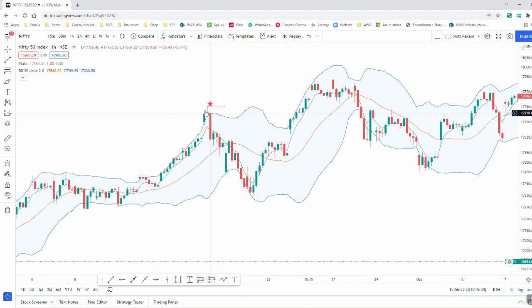Now you see why there is a Pluto Star here, because there is a candle that opened and closed outside of the upper band or the lower band. जो बॉलिंजर बैंड की रेंज के बाहर जो प्राइस पूरी तरह बाहर चली गई, it means यूनिवर्स जो हमारा सोलर सिस्टम है उसमें प्लूटो की तरह बाहर चली गई है, right? The price is gone above or beyond the 95.5% range, which means that it has to come back. It's like the rubber band, जैसे स्ट्रेच करते हैं रबर बैंड को, जब हम बहुत ज्यादा स्ट्रेच कर लेते हैं,